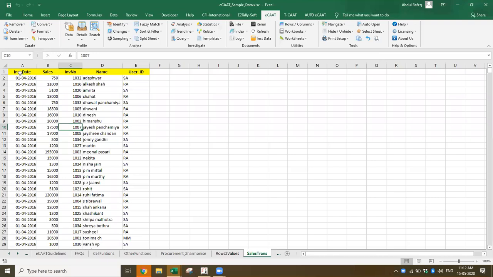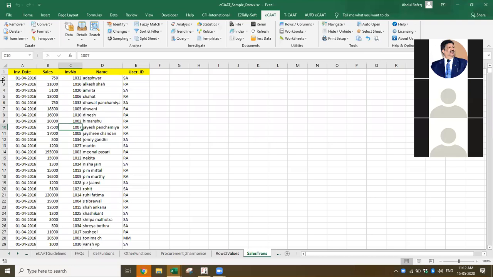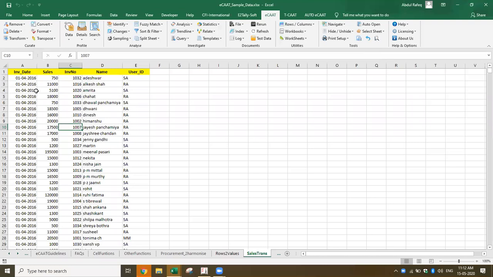If you see the data here, this is called a structured format, which means the first row has the headers, and after that you have all the data, and there are generally no blanks. Now if you go to the end of the file, there are totally 6,066 records. Let me come home. Now this is the file.